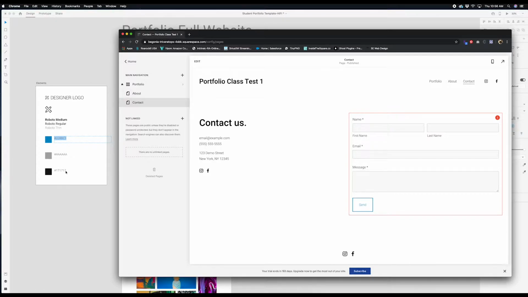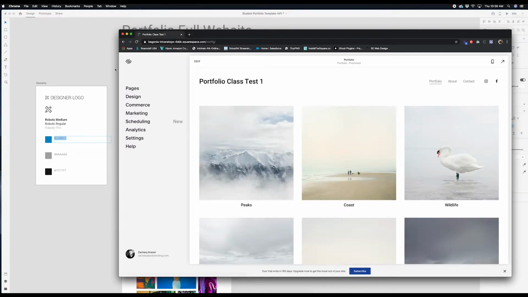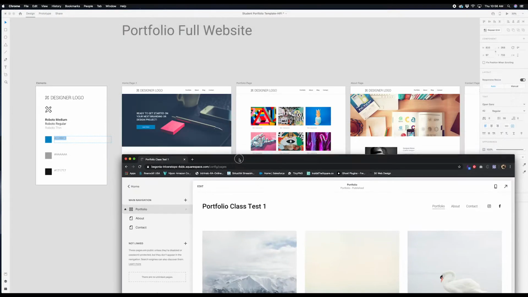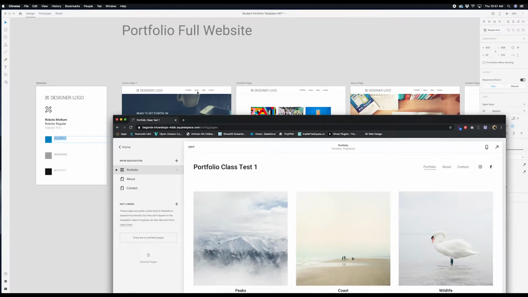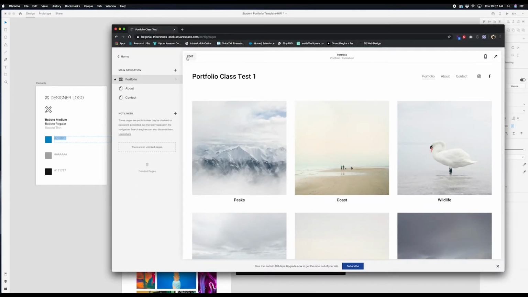We have our color set up. We have our typeface. So the next thing that we want to do is start making this thing look like our example. And so it's not in design, right? You don't click design to get there. You only get these things here. So the tricky thing to think about is it's going to be pages and then edit. So let's start with our header like this. So I'm going to click edit,